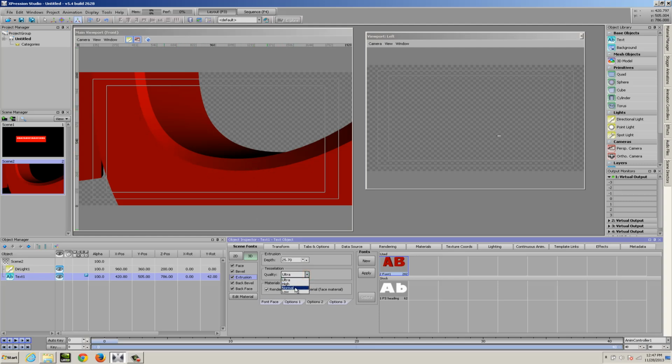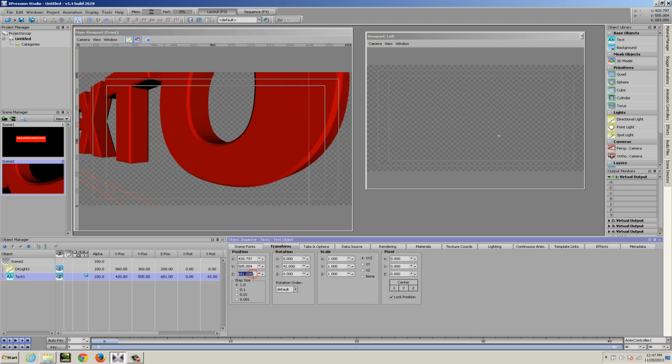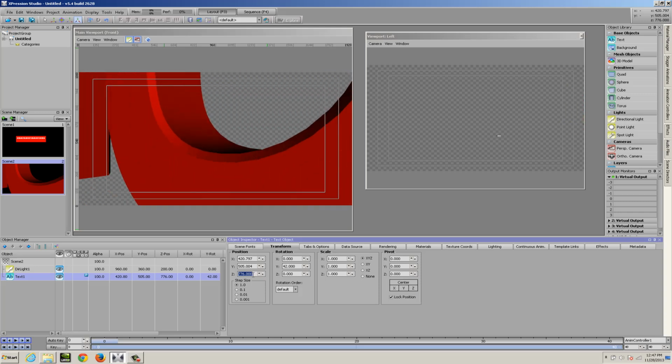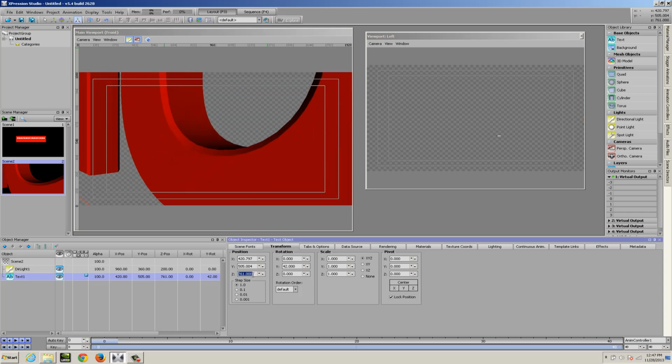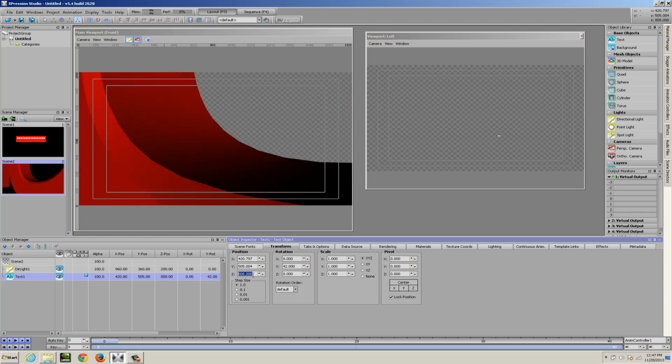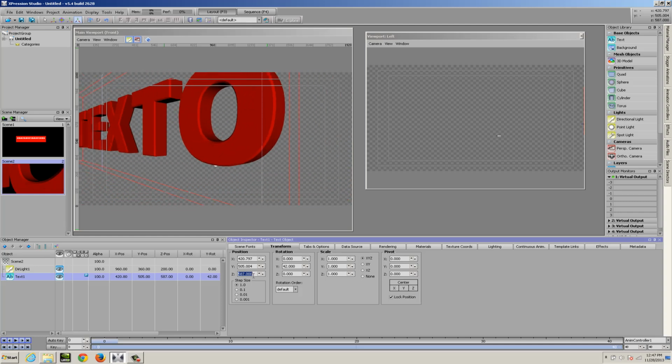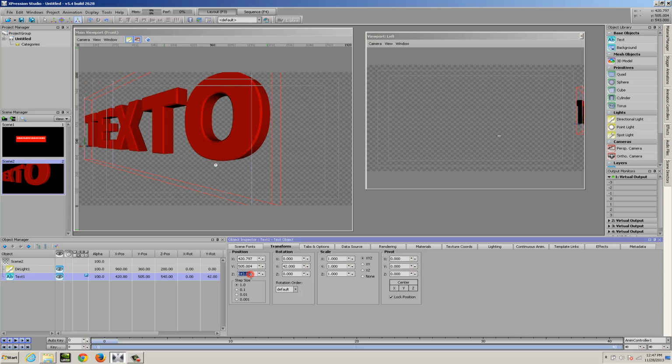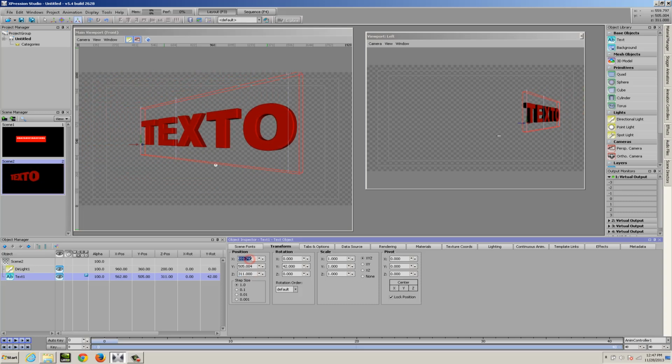Now, generally speaking, the normal setting is sufficient, because it wouldn't be very common that you'd have a text object this close to your eye, at least not for very long, unless it was flying past in a transition or part of an animation. So keep that in mind, but you can adjust the tessellation quality to get smoother characters.